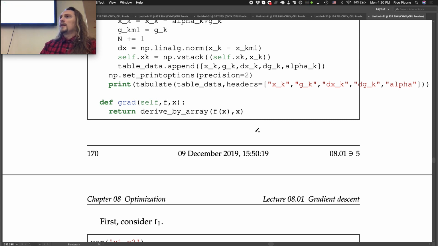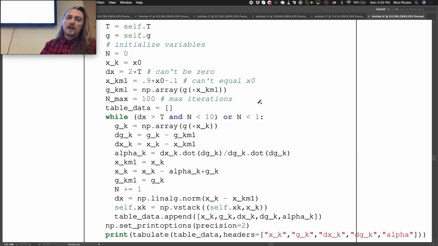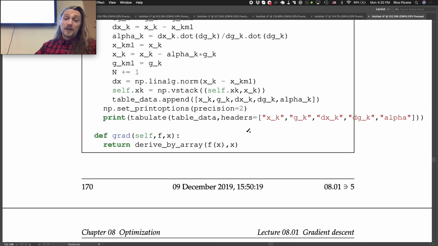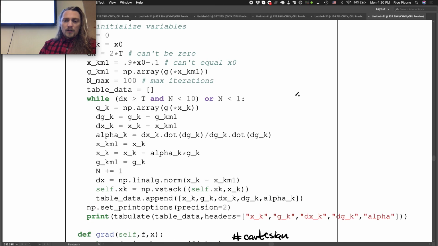But you have to be a little bit careful with this because I didn't worry about coordinate systems here. We're going to assume we're going to be using Cartesian coordinates. If you're not using Cartesian coordinates, you have to worry about how to compute the gradient. So, okay,